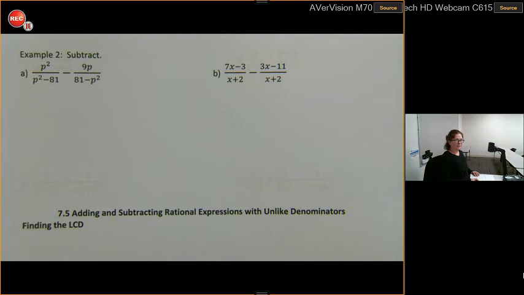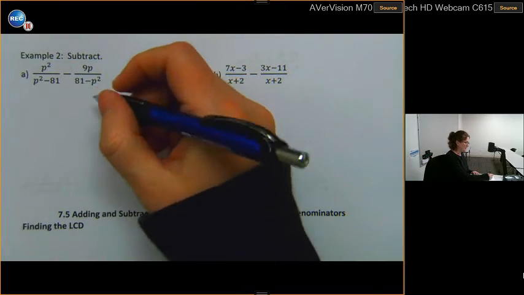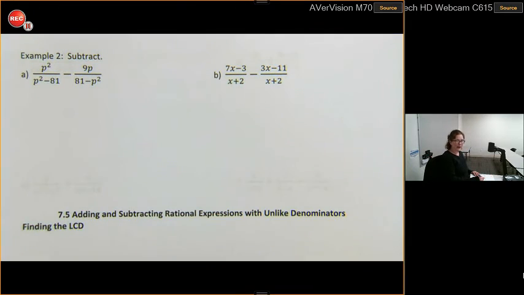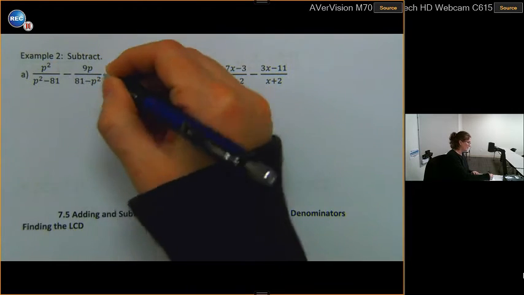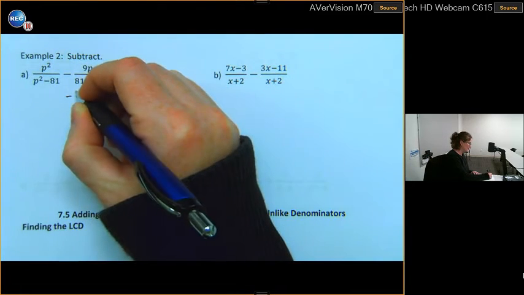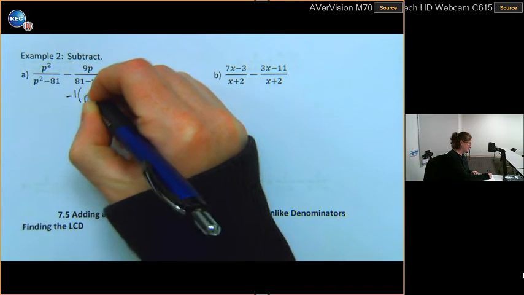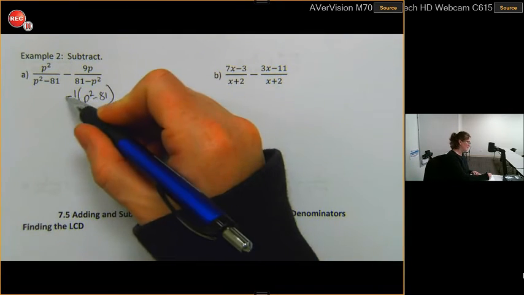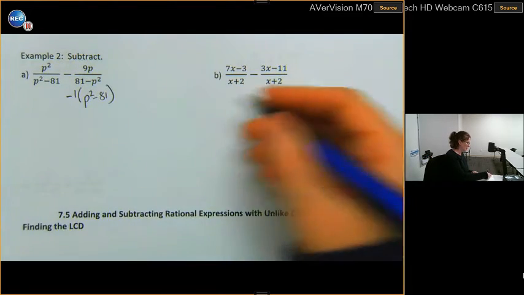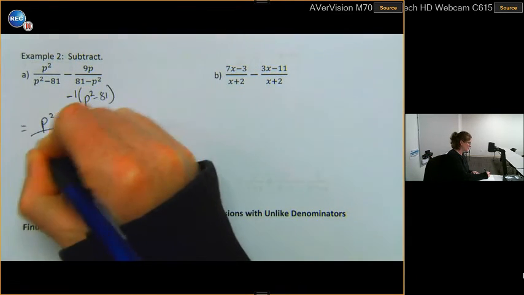On letter A, we have a subtraction problem, but we also have another issue. The second denominator is backwards. So my first step is actually going to be to fix that problem. Just like in the last couple sections, to fix a backwards factor, we need to factor out a negative 1. So this is actually negative 1 times p squared minus 81. And then I'm going to shift that negative up to the numerator. So this problem becomes